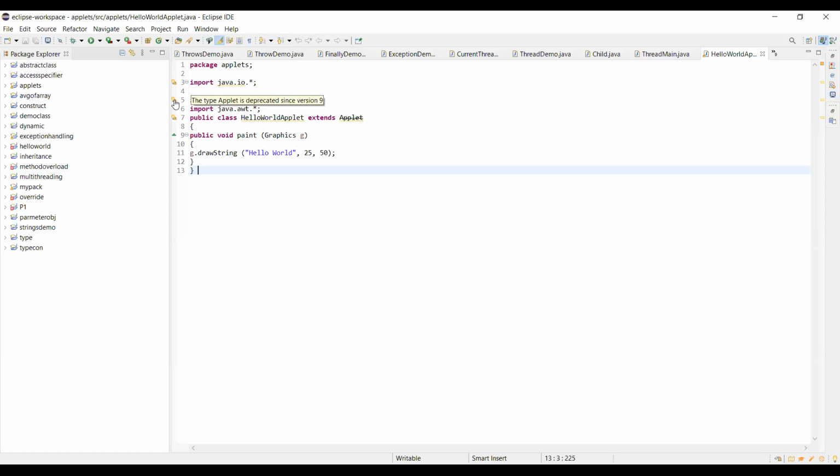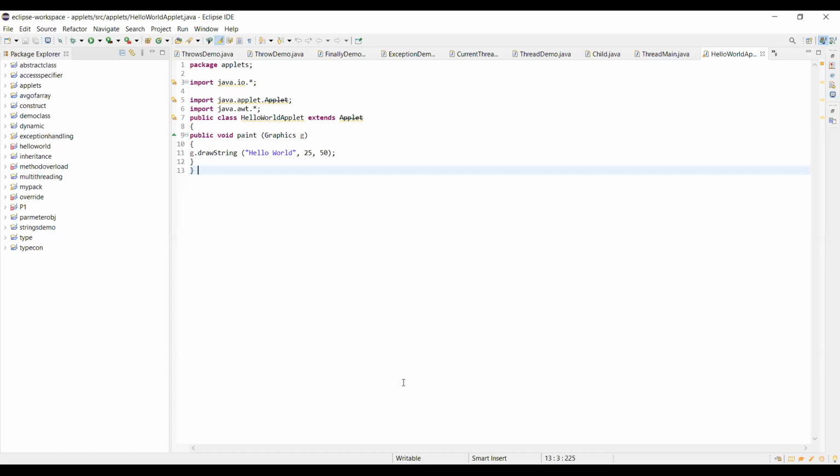So now I'll try to execute these applets through an older version. In our lab system we have the older version. Now I have joined the lab, and I'll show the execution on that system with the older version.